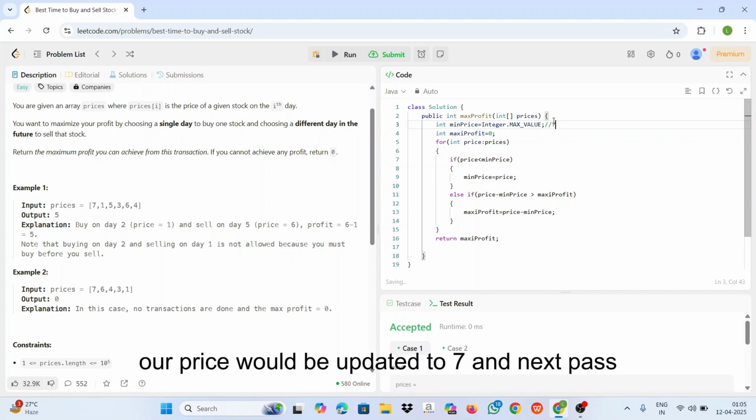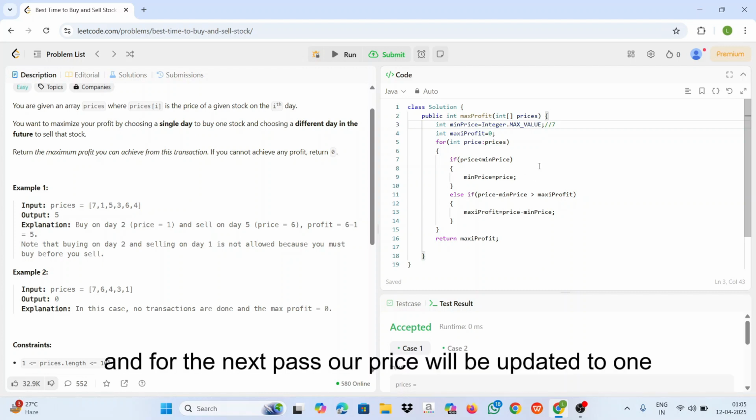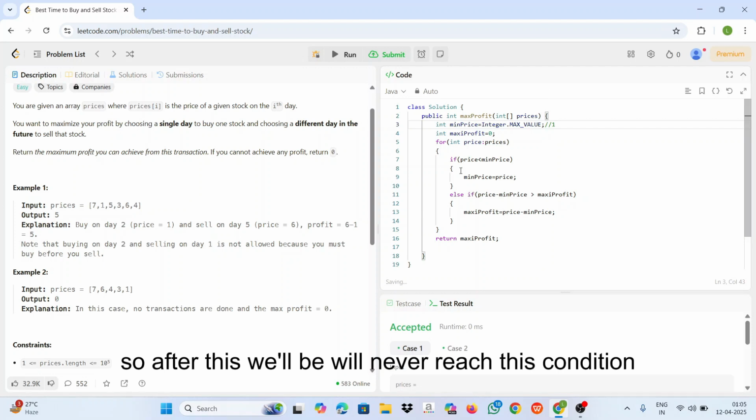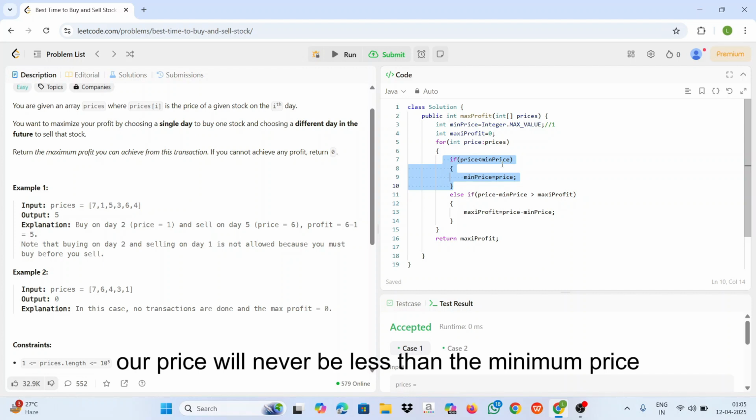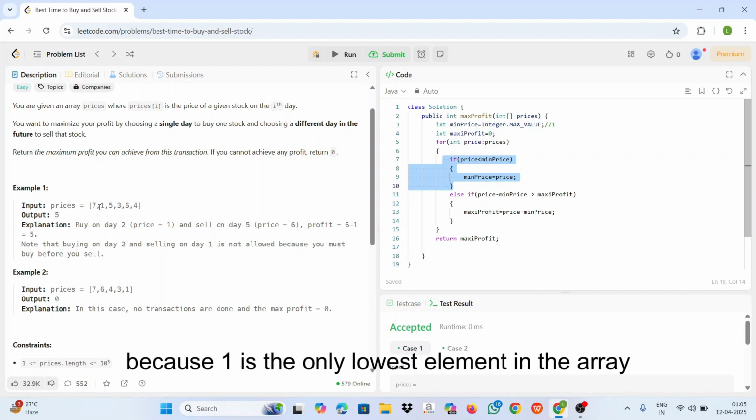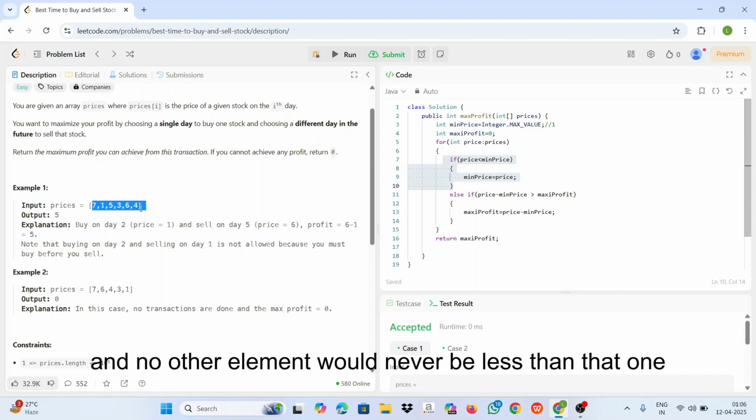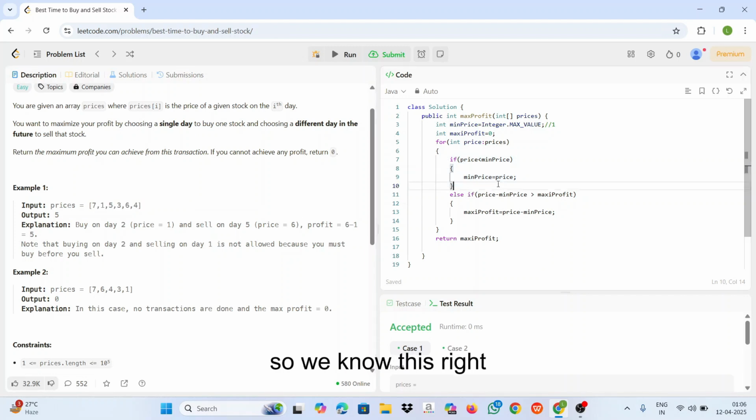For the next pass, it will be updated to 1. After this, we'll never reach this condition, because our price will never be less than the minPrice, since 1 is the lowest element in the array and no other element is less than 1.